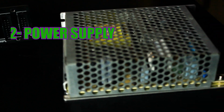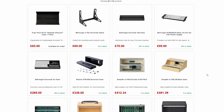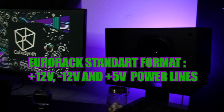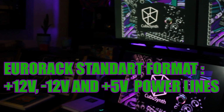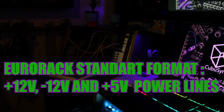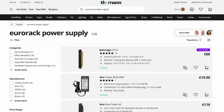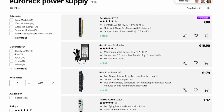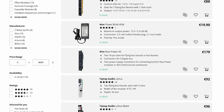Second, power supply. It can be very helpful to choose a case that comes with a power supply. Eurorack uses a standard power format with plus 12 volts, minus 12 volts, and plus 5 volts power lines. If you're choosing your own power supply, keep its total amperage in mind as you're selecting models. For all the models you'll be using, check the total power consumption and make sure your power supply can provide